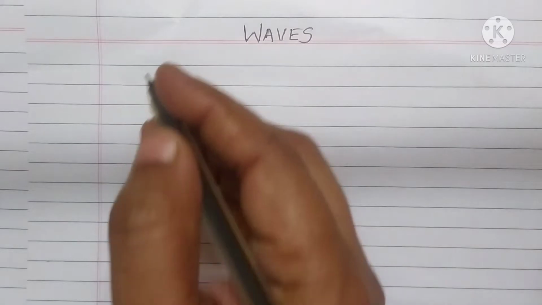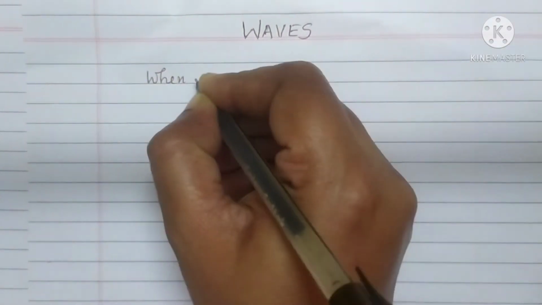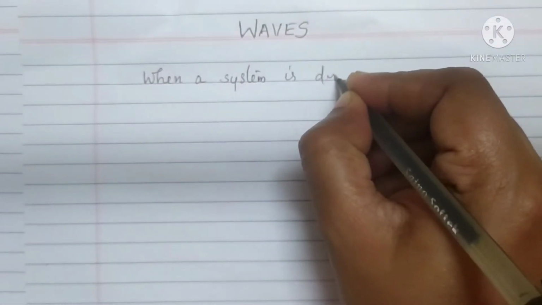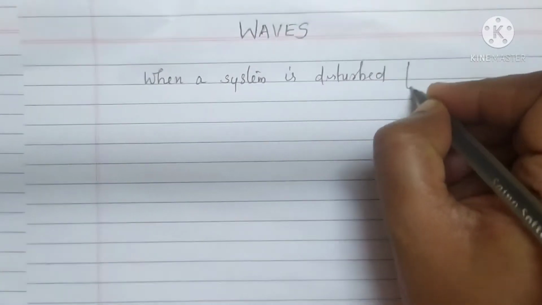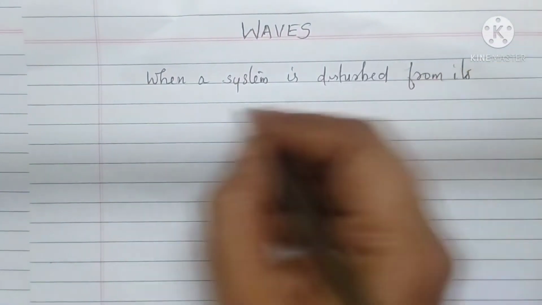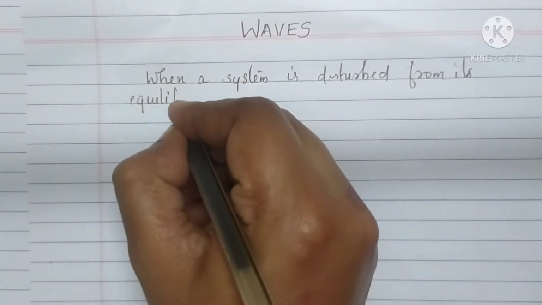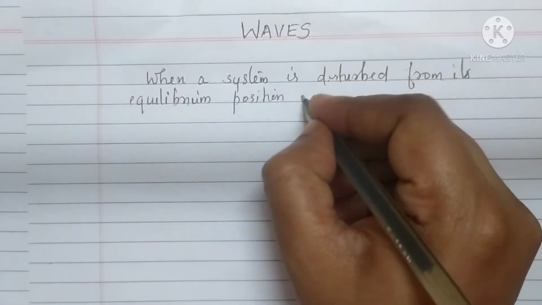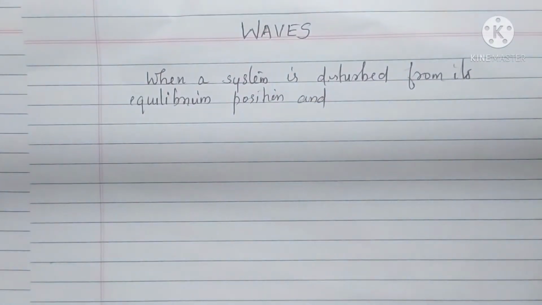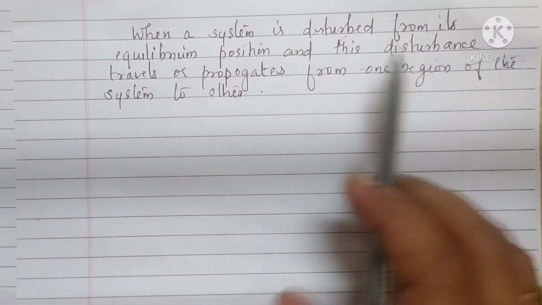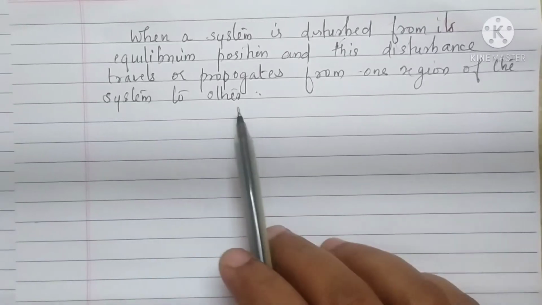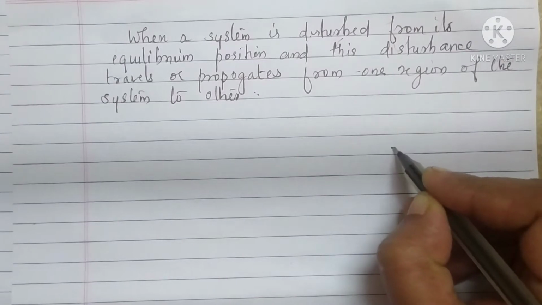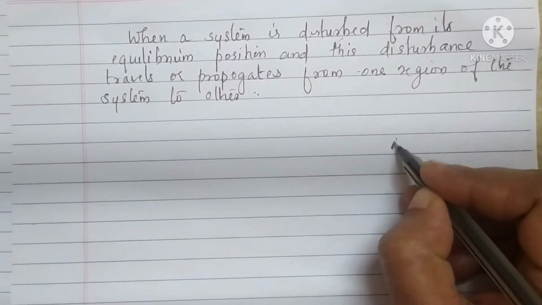Yes, waves occur when a system is disturbed from its equilibrium position and this disturbance travels or propagates from one region of the system to another. Clear? Now, as you know, when you put a stone into a pool of water, waves will occur and it